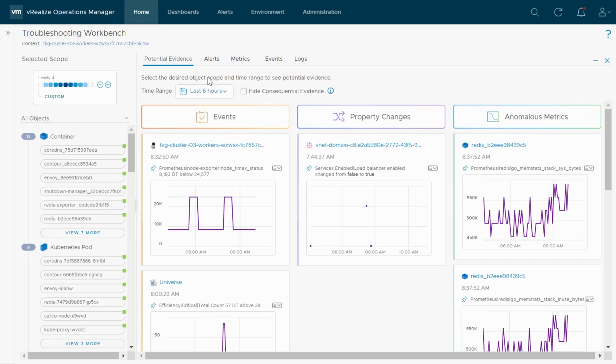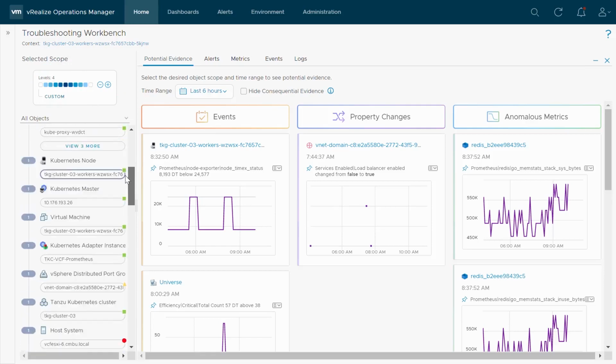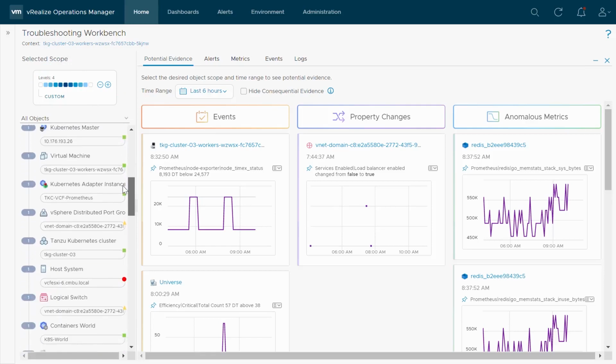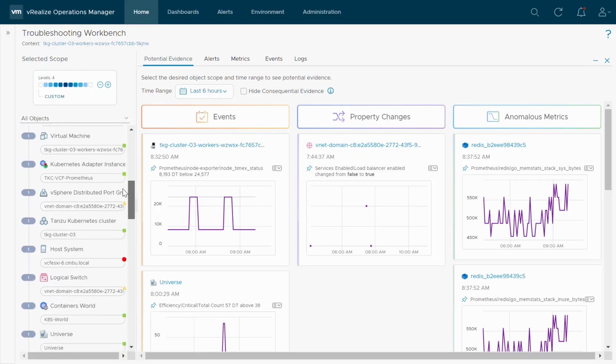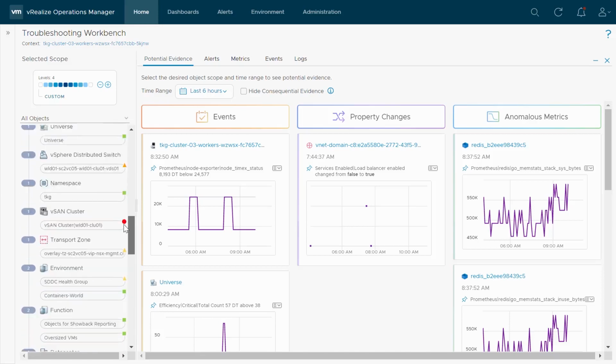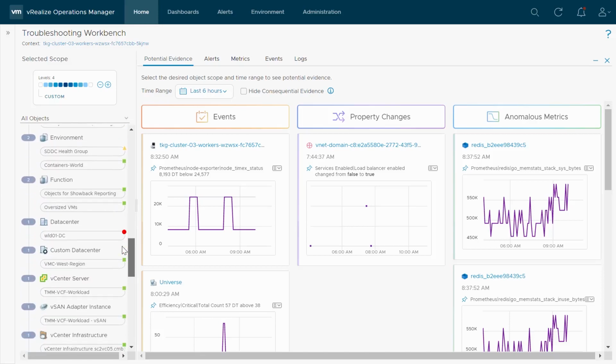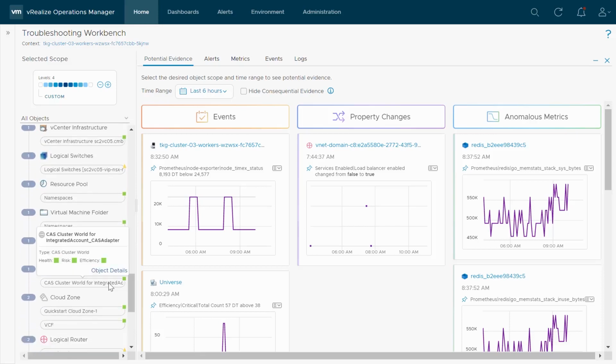Now the object relationships come into play in the troubleshooting scope. So this allows us to select an object and then decide how many layers below and above that object we want to include in our troubleshooting. So for example, we can see the container, the pods, the node, the virtual machine, the ESXi host that that virtual machine lives on. And scrolling down even further, we can see the vCenter, the vSAN cluster, the resource pool, the vSphere cluster, right? All of that is included in our current scope. And when I find an interesting metric, I can pin it